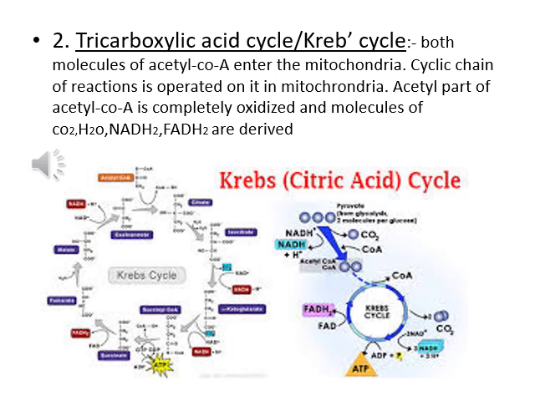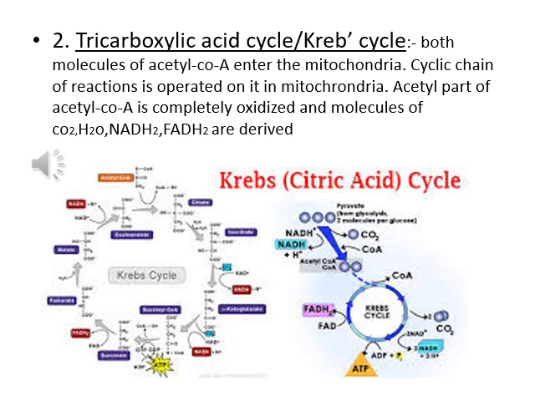The second step of aerobic respiration is the tricarboxylic acid cycle, also known as the Krebs cycle. Sir Hans Krebs first discovered it, so it is also named the Krebs cycle after him. In this process, the molecules of acetyl coenzyme A, which enter the mitochondria, go through a cyclic